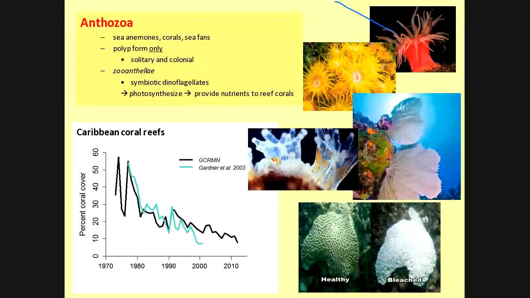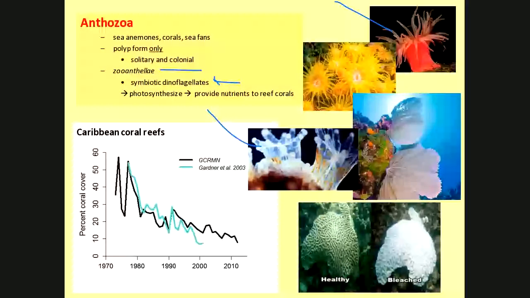Now, what is the bleaching all about? Well, they're not being bleached by bleach, but if we look at coral a little bit more closely, in the picture in the middle, the coral is the transparent jelly-looking thing with tentacles. The little brown dots, those are dinoflagellates. Yeah, you remember those from protozoans, right? They're symbiotic dinoflagellates known as zooxanthellae. Symbiotic dinoflagellates in a mutualistic relationship, by the way.